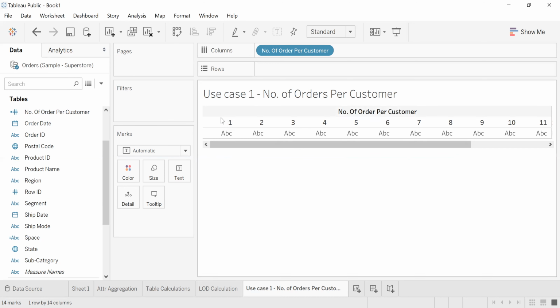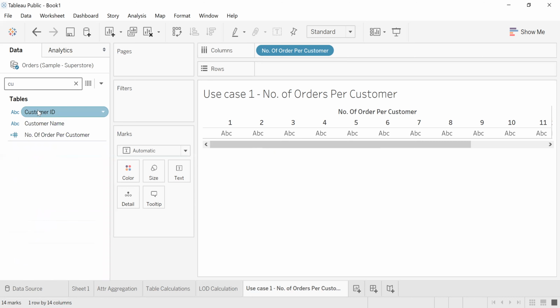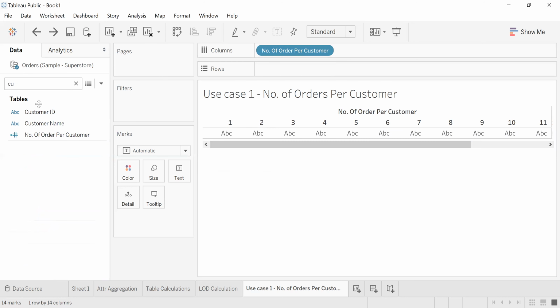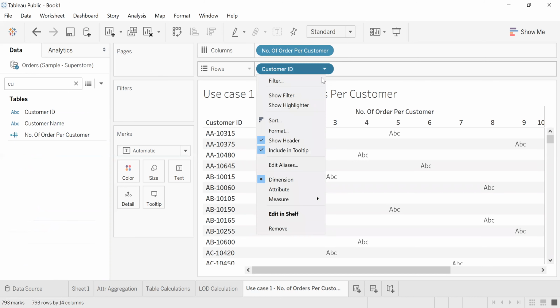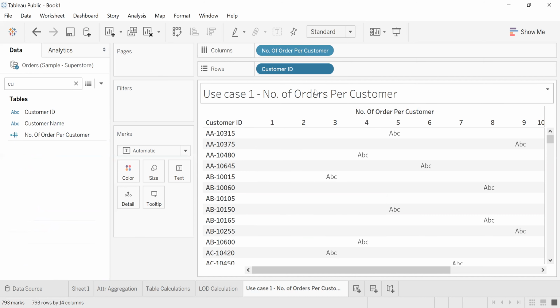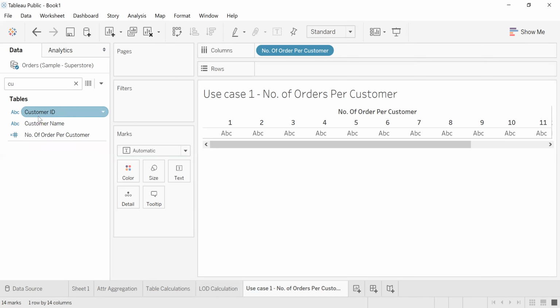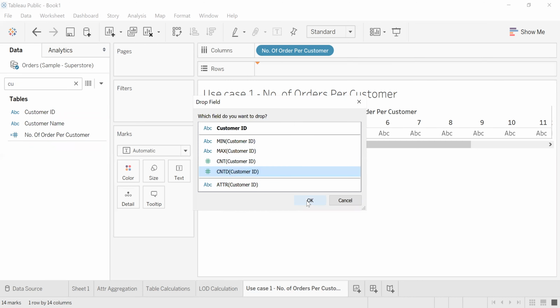Now, what I want is the number of customers who made one order, the number of customers who made two orders. So what is next is go and get the customer ID and make it a count distinct. You can also do count distinct from here. And I have told you, whenever you want to apply any aggregation rule on a dimension column, right click on this and then drag and drop. You will see an option here, apply count distinct.